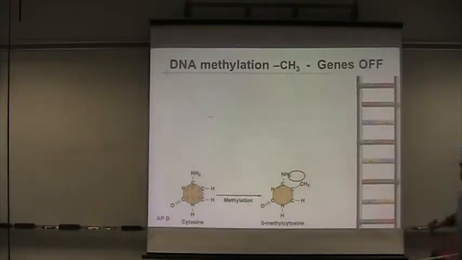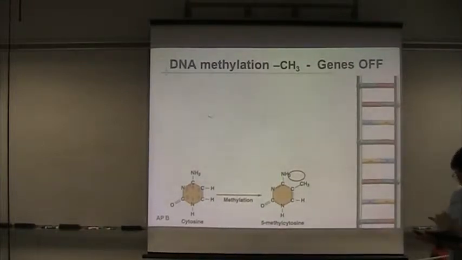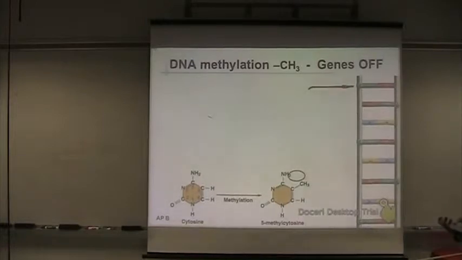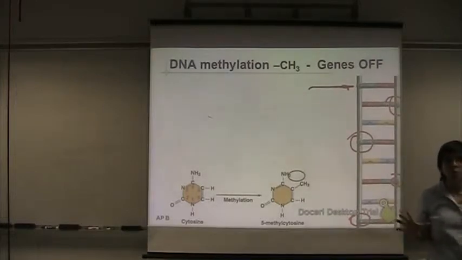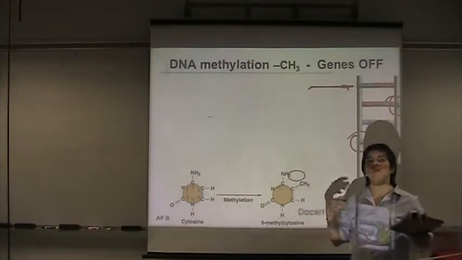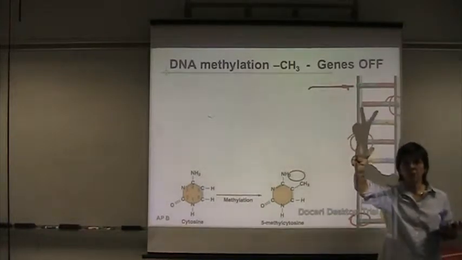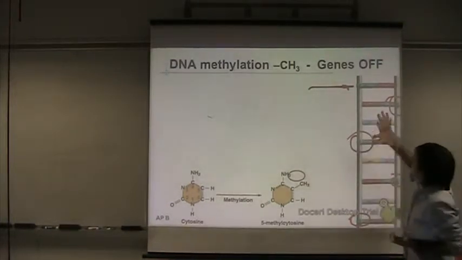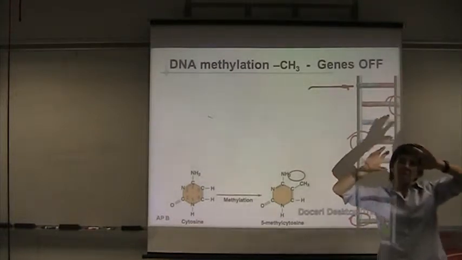Now here on the side, you have a nice DNA, and if you can see over here, you have methyl groups all over the place. This is basically what DNA methylation is. So, how does this work? There is an enzyme that is going to attach those methyl groups to the DNA, and it's going to work two ways. First, if the methyl group is attached to where a promoter region is in our gene,